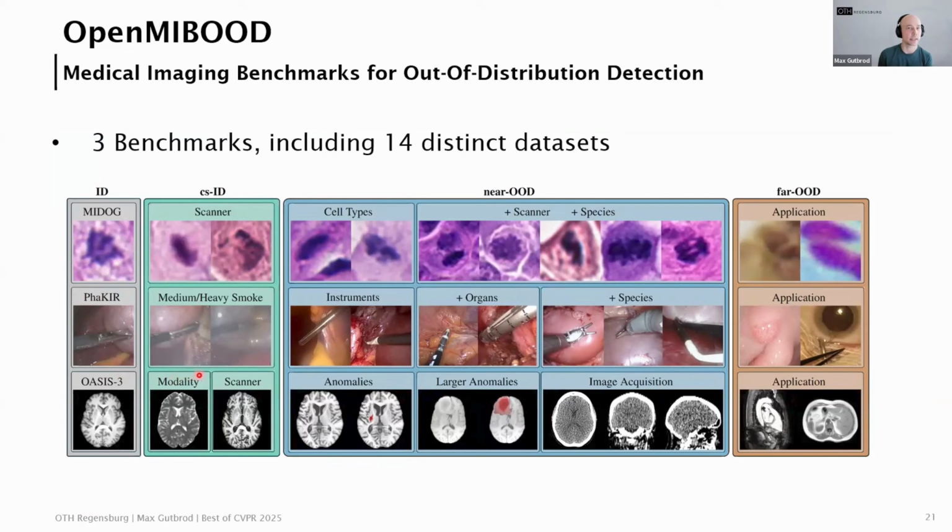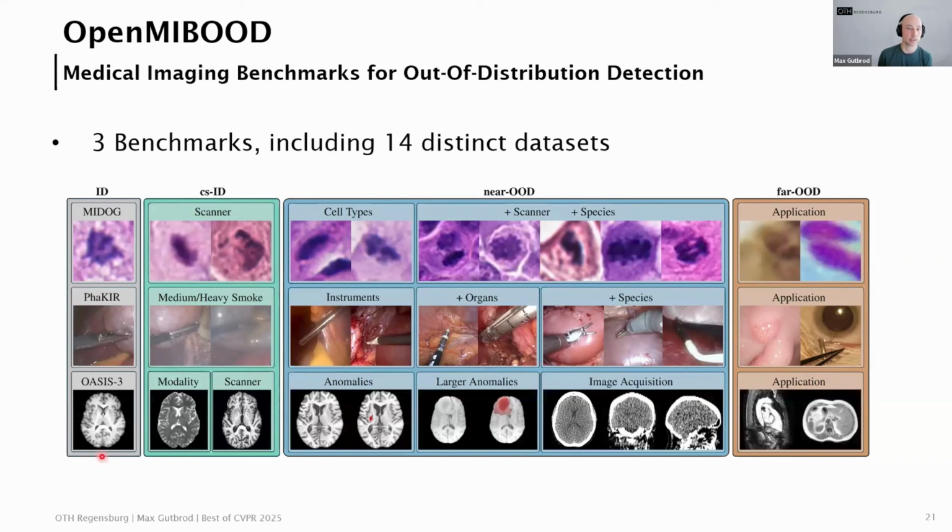And for CSID, we selected frames that have varying levels of smoke intensity. And for near-OOD, we have different instruments, different from the in-distribution instruments, as well as new organs, and again, a different species. And for the far-OOD category, we use a data set showing endoscopic images from inside the colon, as well as surgical procedures involving the eye.